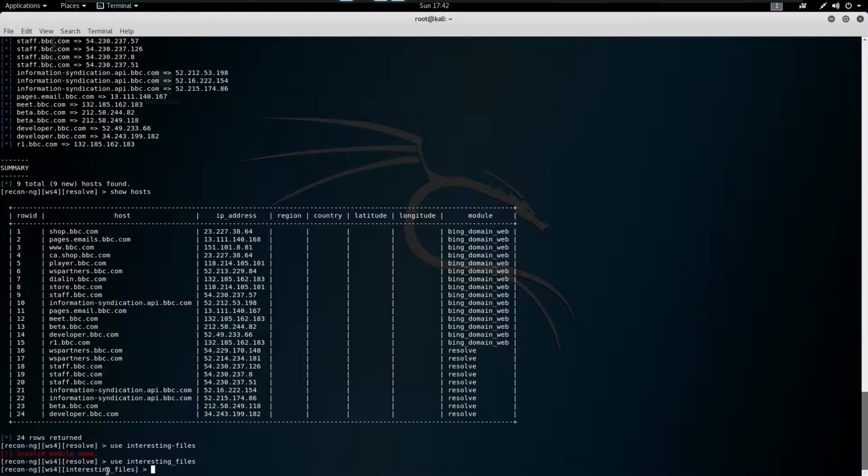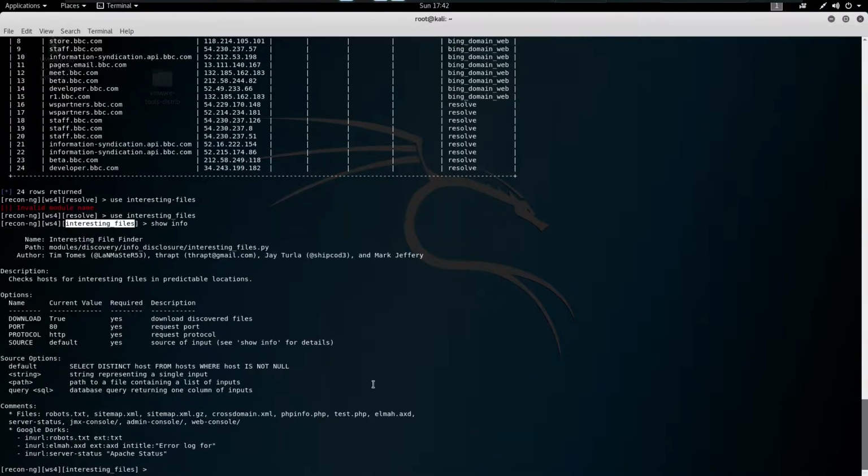You have to use this module to get all the hidden files of this particular website. Check the info, just type info. You can see that it will select entries from the hosts table and give you the hidden files of that particular host, if it has any. Let's run.